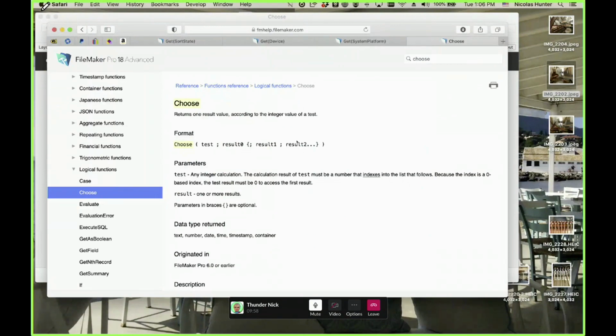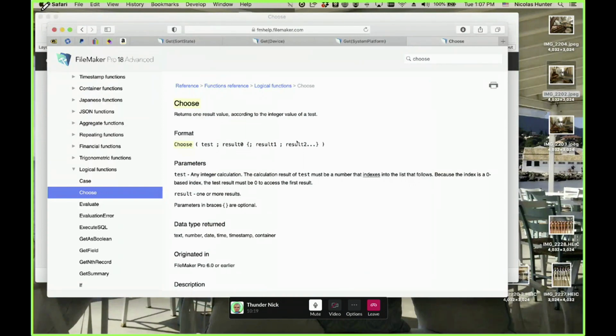So what is Choose doing here? It's an index-based kind of function. What is an index-based function? You get a number, and then you declare that this number is something. You attach something to a number.